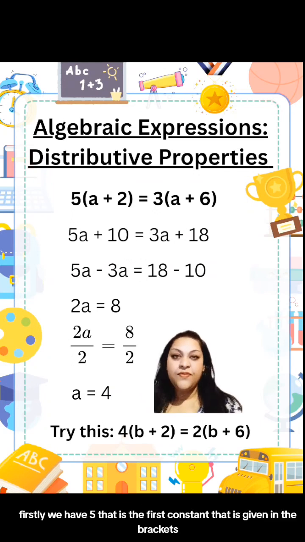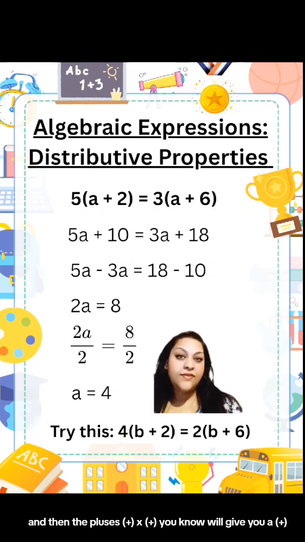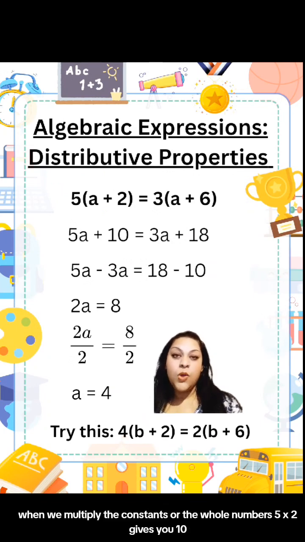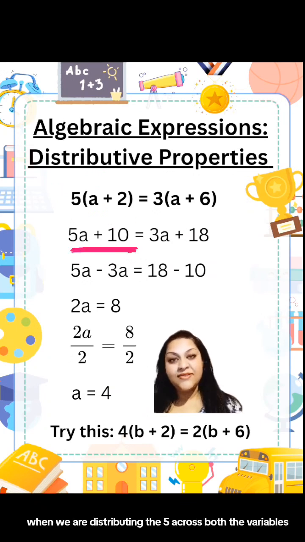Firstly, we have 5, that is the first constant that is given. In the brackets, we've got a plus 2. So we are going to say 5 times a, that gives us 5a. And then the pluses, plus times plus, will give you a plus. When we multiply the constants or the whole numbers, 5 times 2 gives you 10. So for the first part of this, we end up with 5a plus 10 when we are distributing the 5